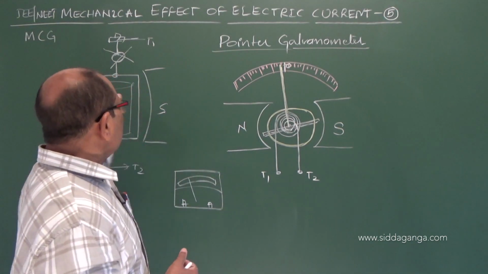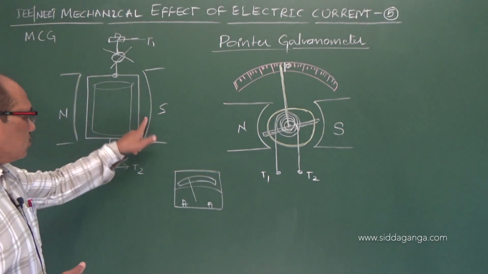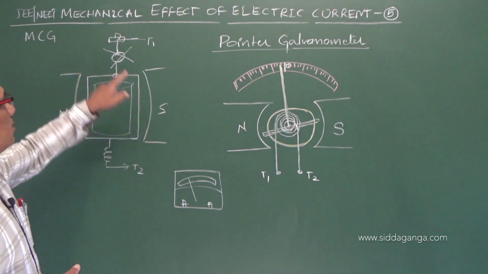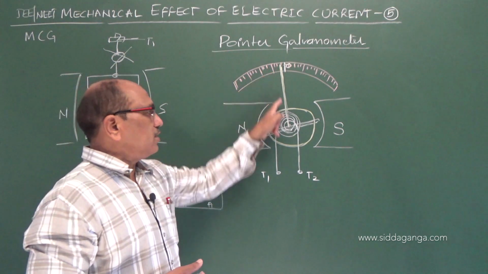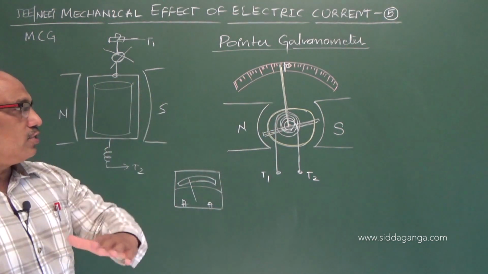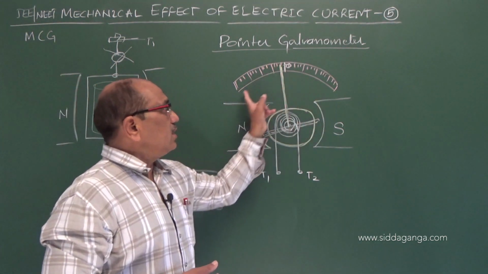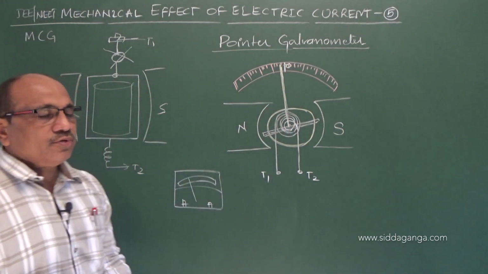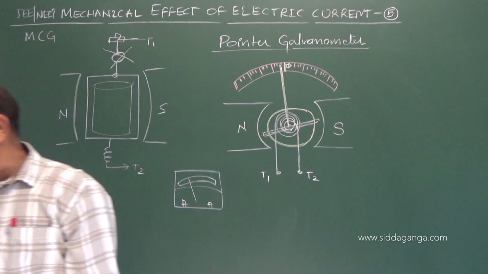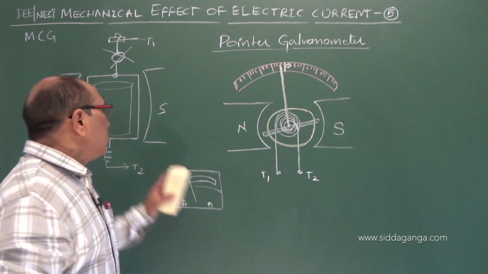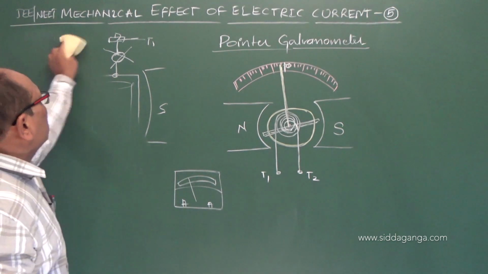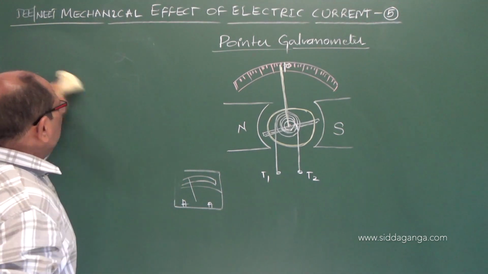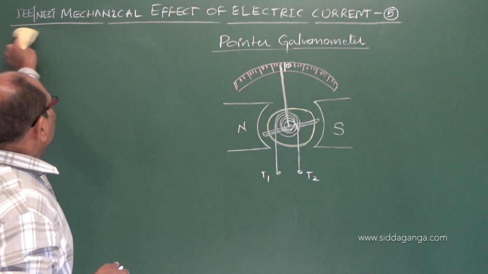Magnets are the same. The soft iron cylinder is there. The rectangular coil is there. The torsion head and mirror are removed. Instead of that, a pointer is brought. Lamp and scale is removed. Instead, a linear scale is brought inside with center 0. With these modifications, we call it a pointer galvanometer. Even this cannot be used to measure the current, because of some reasons, as a current and voltage measuring device.